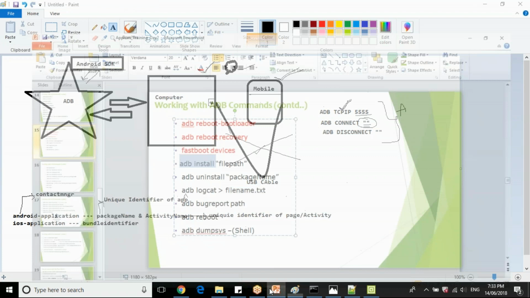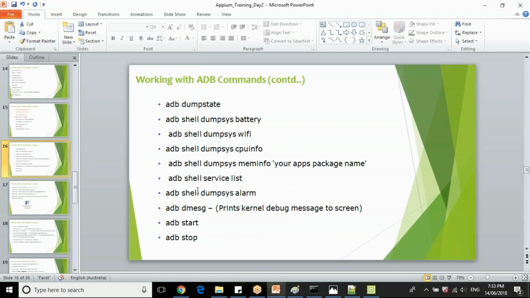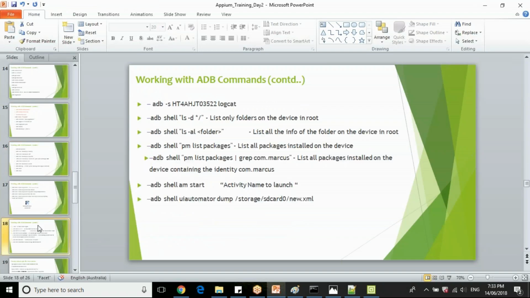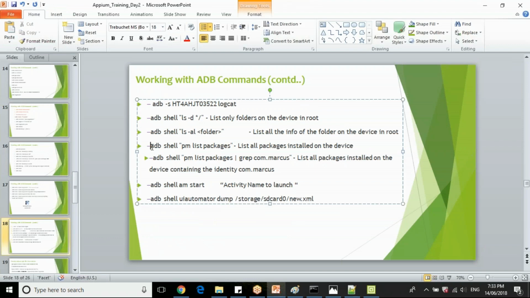So if you don't have the app and you want to know the command to get the activity or package name, you can use this command: adb shell pm list packages. Then it will show all the available packages. Then you can verify what is the package of your particular application.